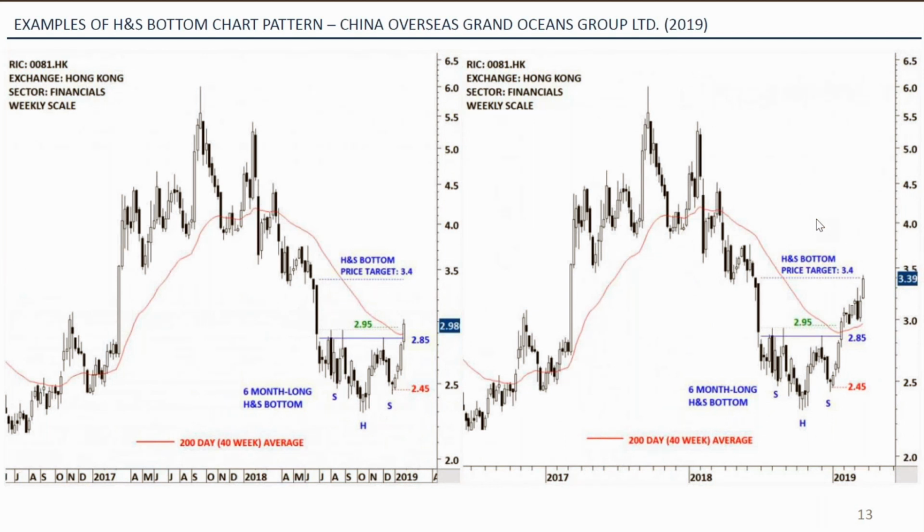Next chart is another head and shoulder bottom, similar symmetry between the left shoulder, head and the right shoulder. Now, chart pattern negation level. Let me talk a little bit about the chart pattern negation level. What is this? Is this the stop loss? No, it is not a stop loss. We need to have a level to decide that if this chart pattern is not a head and shoulder bottom reversal, at what point do we decide it is not? That is the